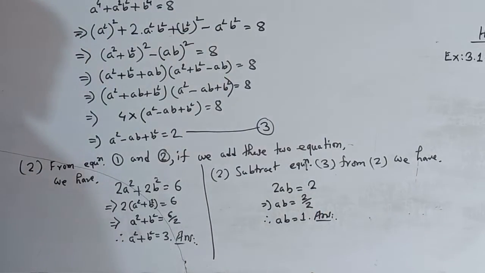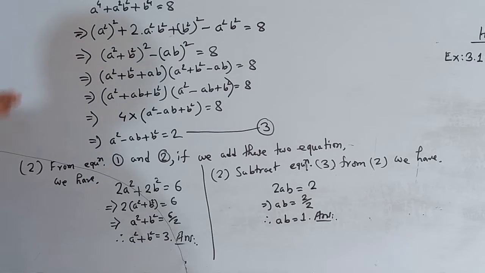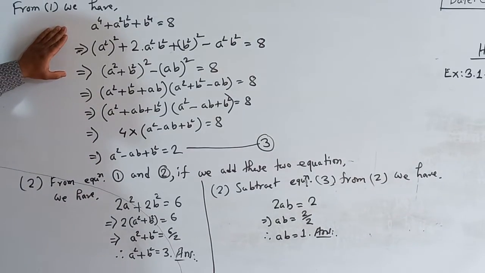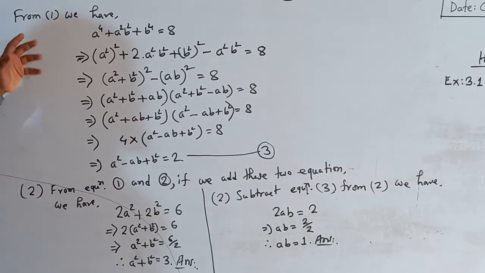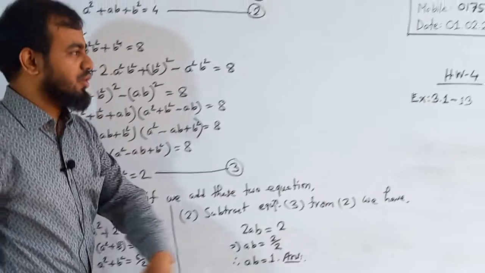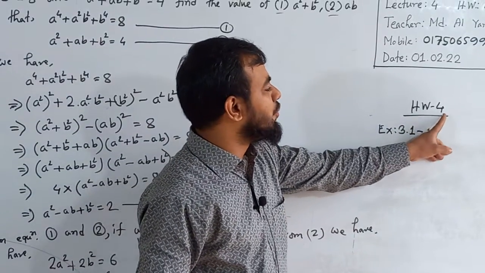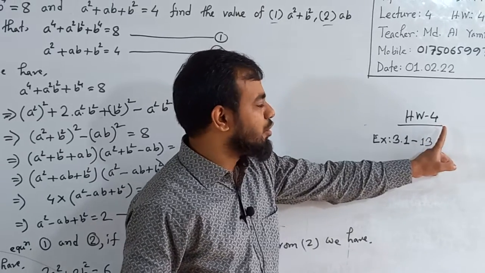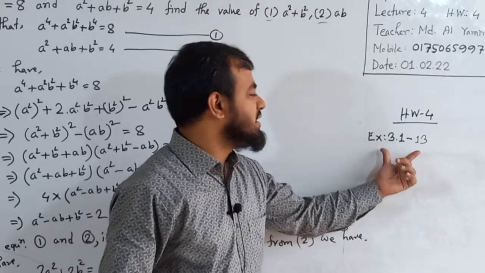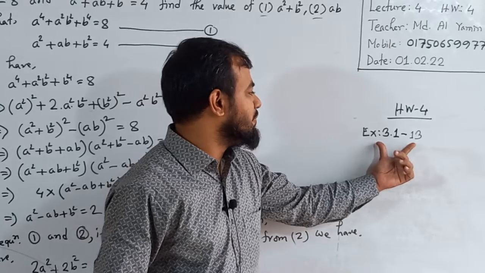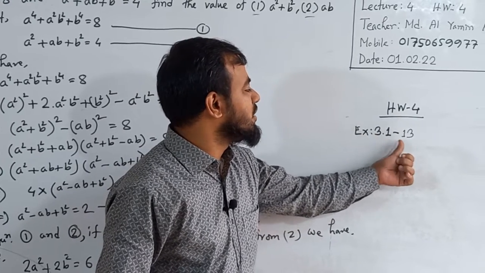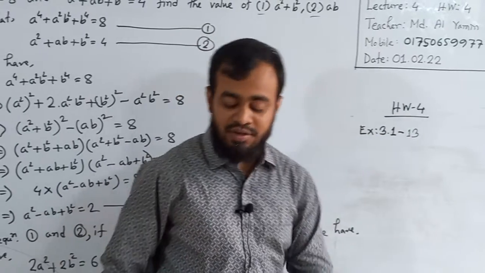I think, dear students, you have understood. It's a very easy question. This similar type of question you will find in your book, example number 7. You can practice that one, but your HW is this one. Don't forget it. Your HW number 4, please mention the HW number in the left corner of your copy and submit this HW in your assigned HW copy by doing this. Exercise 3.1, question number 13 you should solve,